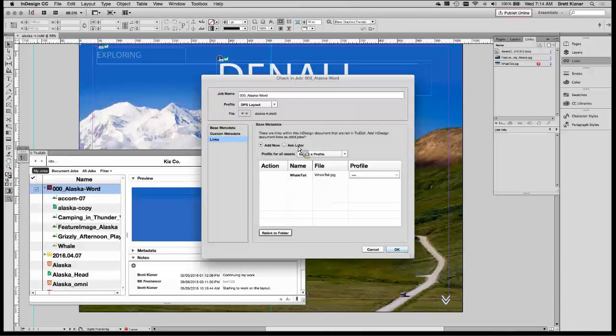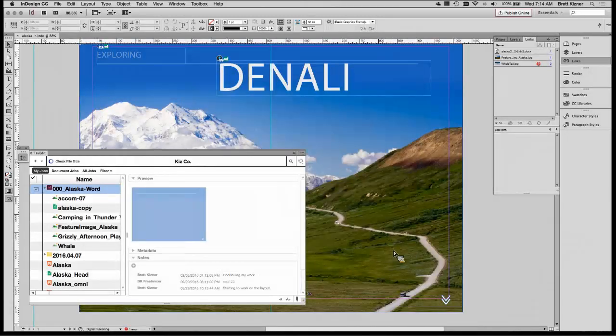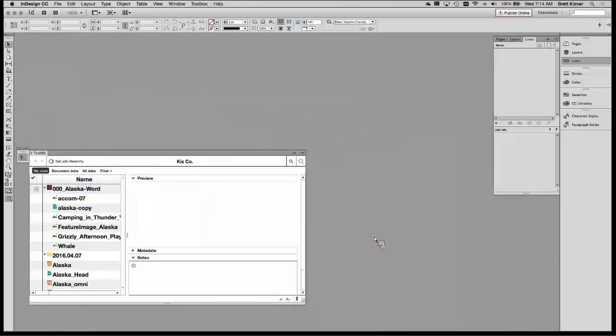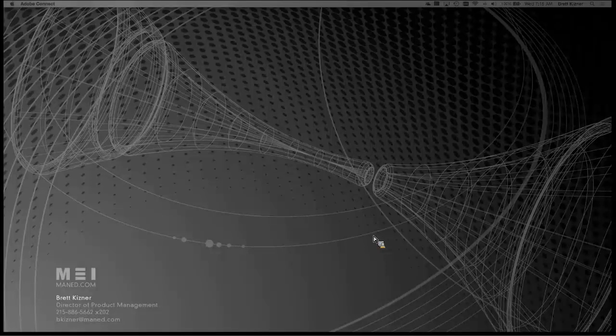In addition to the web client, we also have the InDesign plugin, and you'll see that runs right inside InDesign. I have a TruEdit panel with all of the same job capabilities, and I can check out my layout simply by clicking on that first column to download it to my workstation.